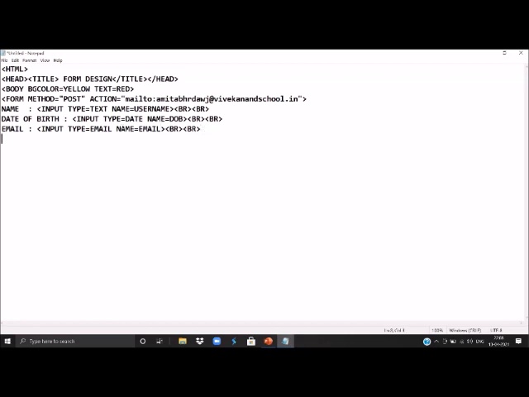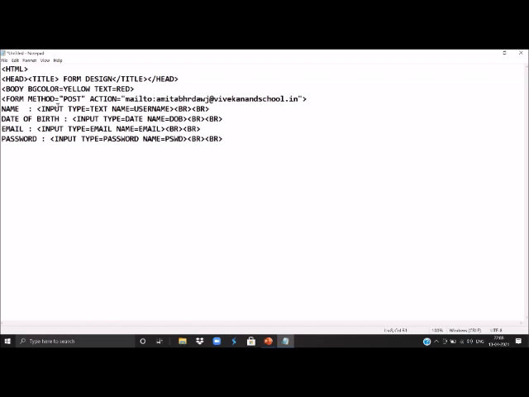Then we can get password, we will paste it, and type property will change to password, and name property we can use a short form also for password.